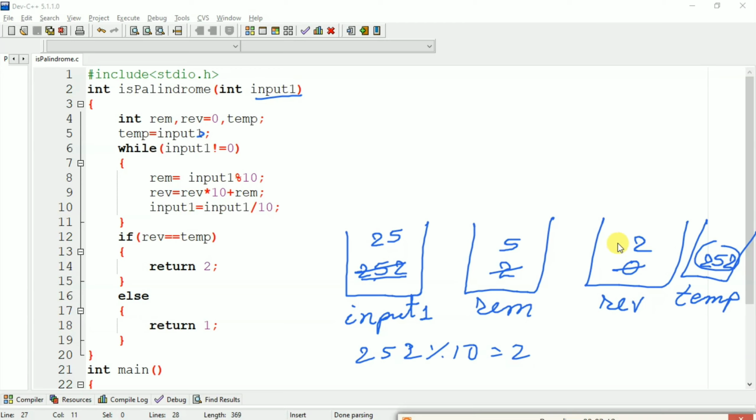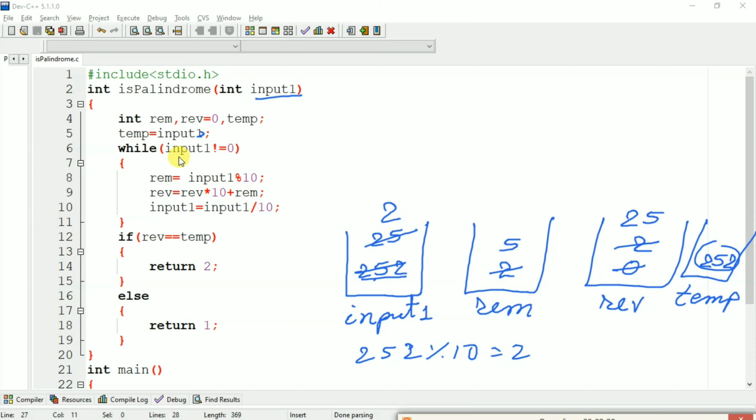Here reverse is 2, and 2 into 10 becomes 20. Now 20 plus 5 is 25. So reverse becomes 25. After that, input1 equal to input1 divided by 10. So here 25 divided by 10. Now input1 becomes 2.